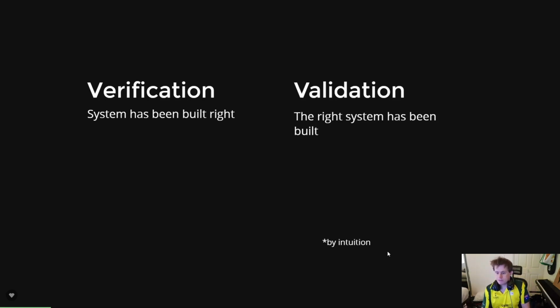But on the flip side, you have validation, which is saying, was the right thing built? And this is a bit more complicated, but it's in some way testing the requirements and sanity checking things. So verification is something you'd be a little bit more concerned with as a software engineer, and validation is something you'd be a little bit more concerned with as a product manager or a UX designer, because you could actually define a system, build it correctly without any bugs,